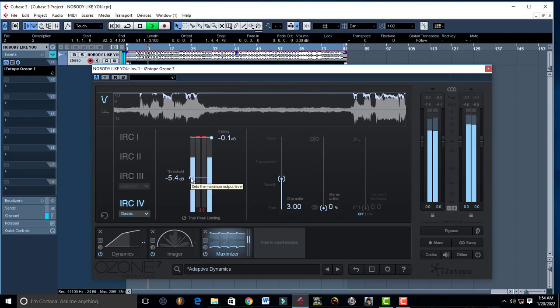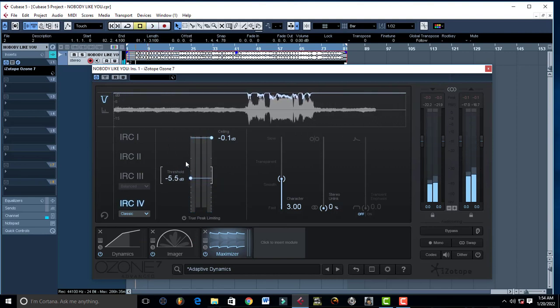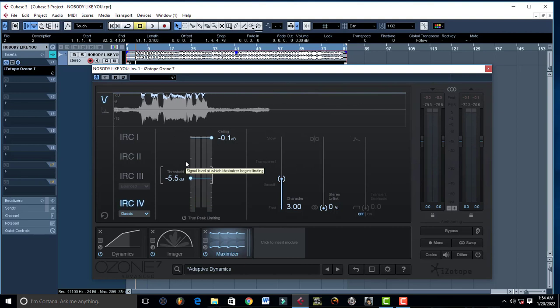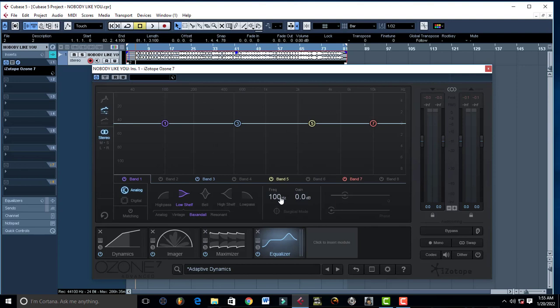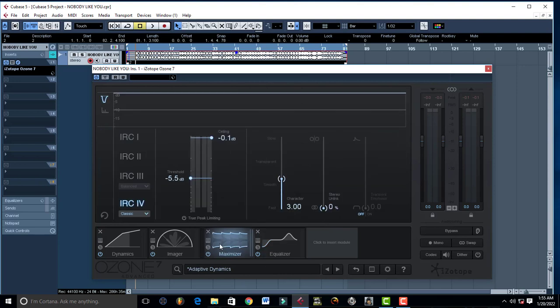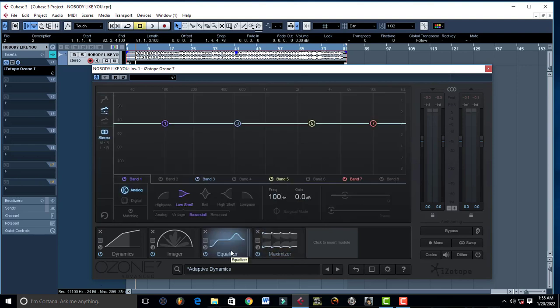So right there, 5.5 dB of gain is okay. You can set up an EQ if you want to. You can just come to click to insert module. Just click there, get an EQ, and then if you feel like there are certain parts of the song where you need to reduce the lows or increase the lows of the song, you can of course use your EQ. Just make sure that you take the maximizer to the far end and then click on the EQ, and